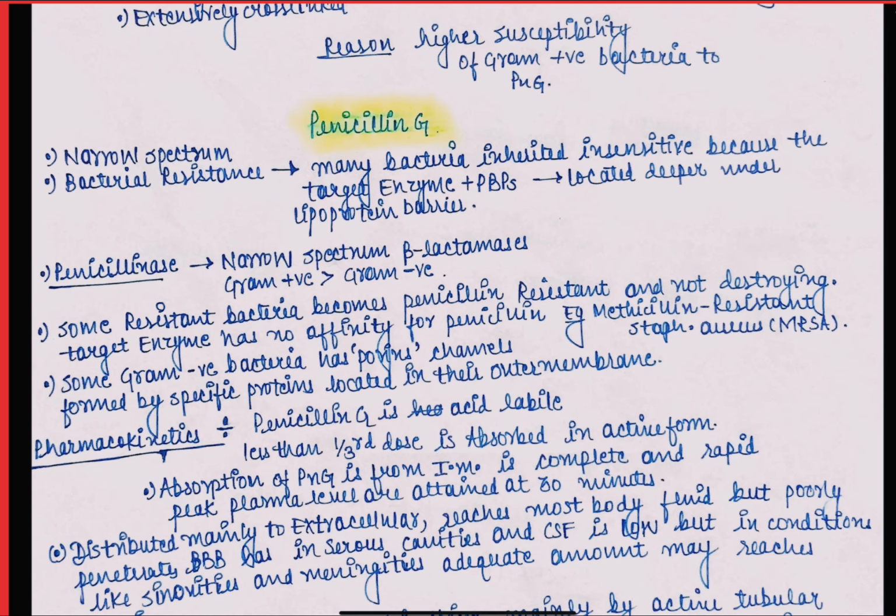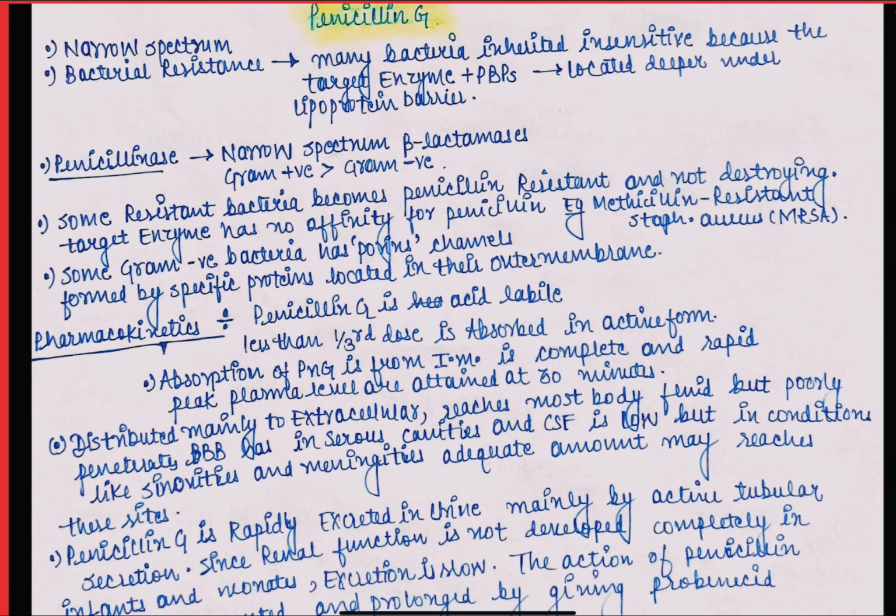These porin channels are located in the outer membrane, and the permeability to various beta-lactam antibiotics through these channels differs. Ampicillin and other members which are active against gram-negative bacteria cross the protein channel much better than penicillin G. Alteration of protein channels, resistance due to impaired permeability of beta-lactams, occurs only in gram-negative bacteria.